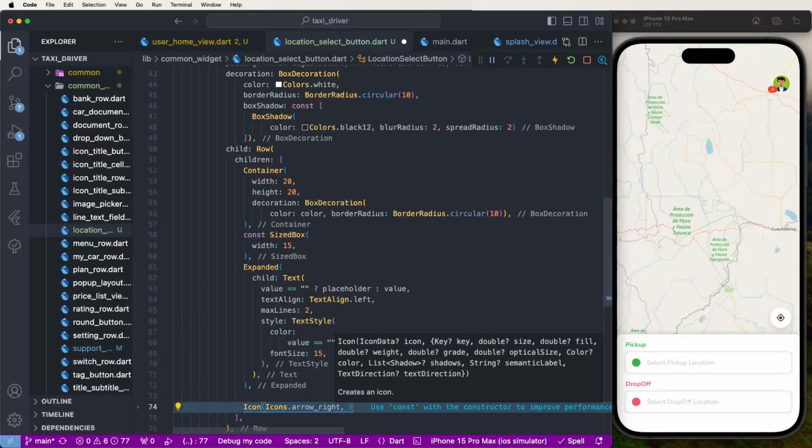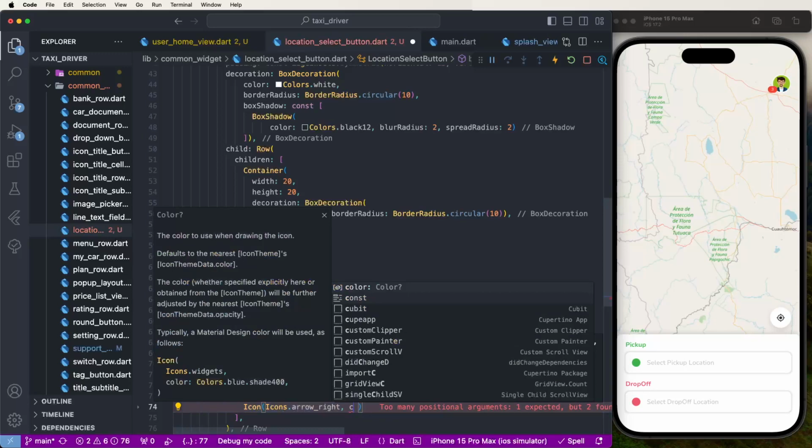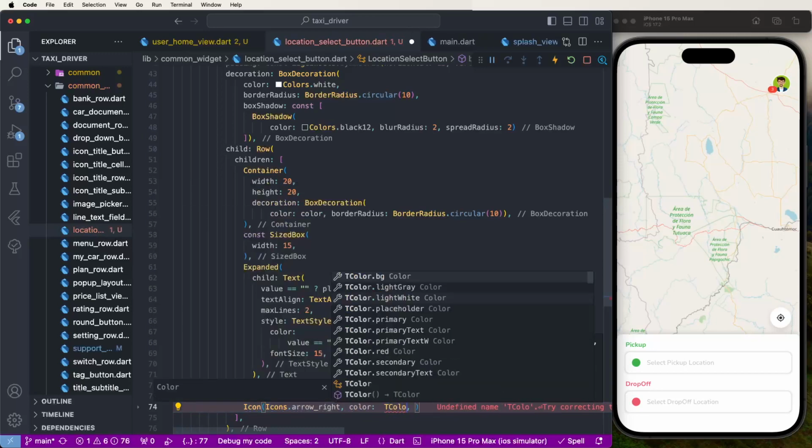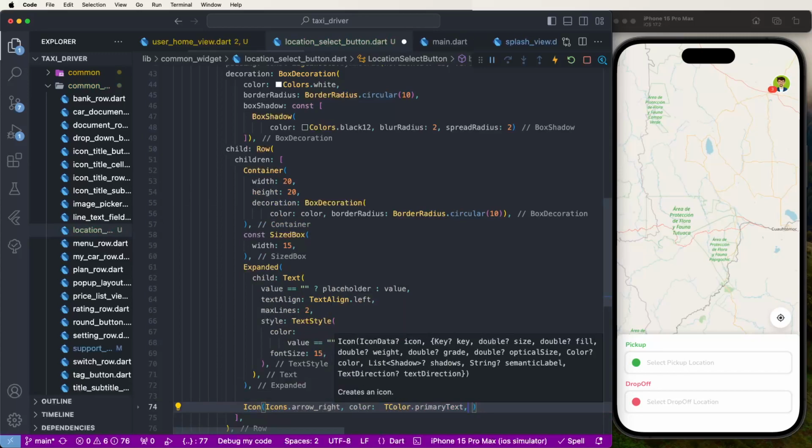Need to give this the colors, the color primary text like this, size need to give this 20, 15,